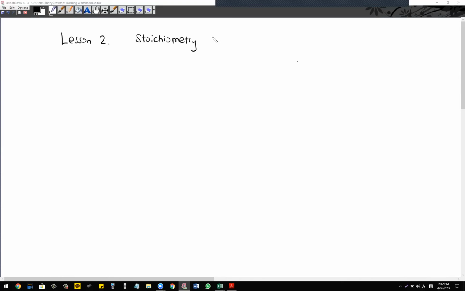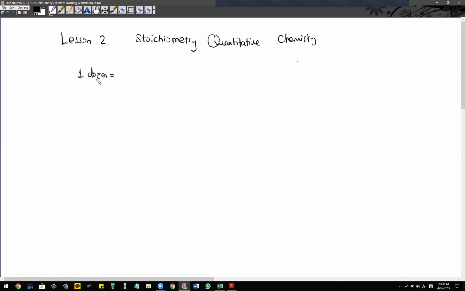So stoichiometry is a subject of quantitative chemistry. It is an area where we deal with numbers and ratios and things like that, and this lays the foundation of chemistry. So last time we learned, just as we call 1 dozen a collective unit for 12 eggs,